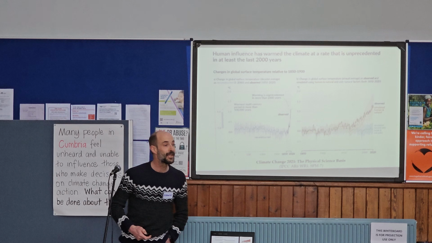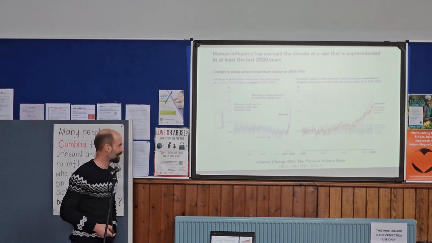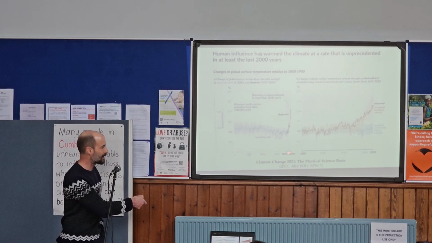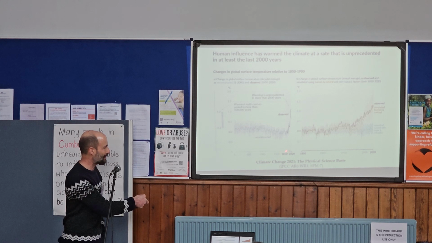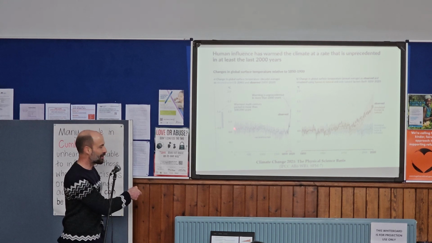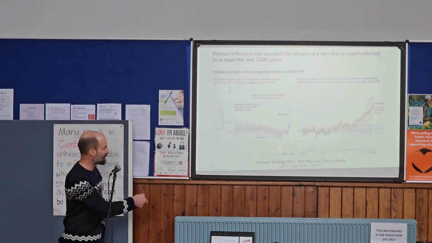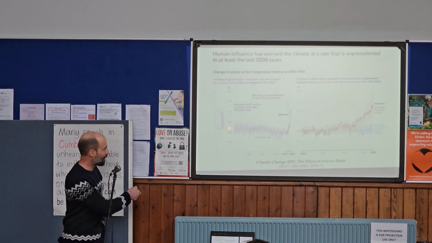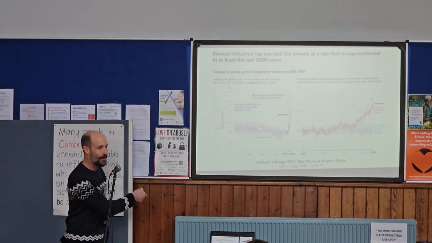Sorry, could you slow down speaking slightly again? Will do. Sorry. So what we have here is time. This is showing the last 2,000 years, and this is going from 1850 to 2020 here. And this is showing temperatures. Just follow the pattern. You can see this is related to an average of 1850 to 1900. So if we look at the first 1,000 years or so, it was a bit warmer than that average from 1850 to 1900.